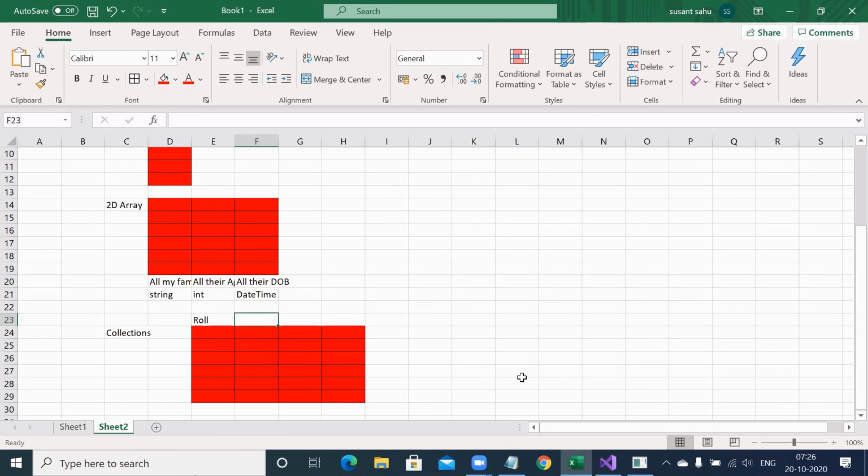Entirely this column can store name, which is string. Entirely this column can store marks. And this can store result also. But array will say, I cannot give you this kind of facility. If it is roll number, all the cells will be roll number. If it is marks, all the cells inside this array will be marks.